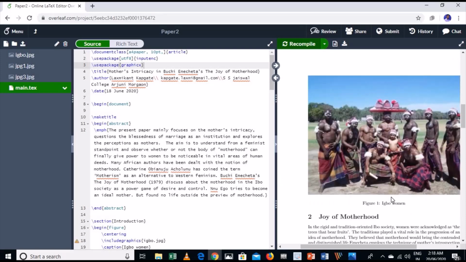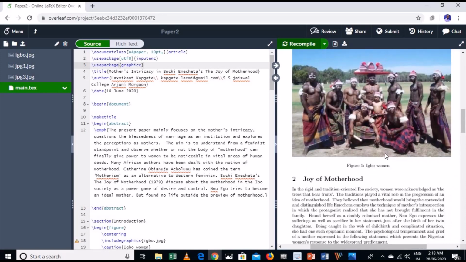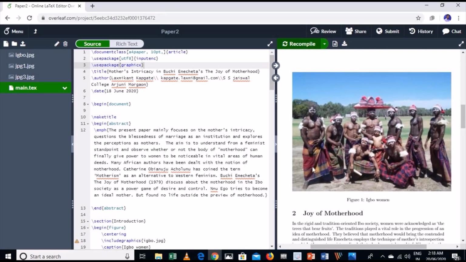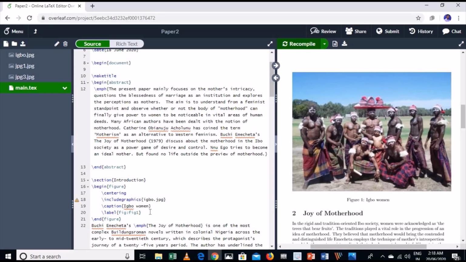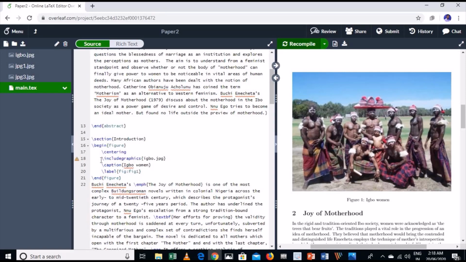Now this image is very big, and I want to set its size. For this, you go to include graphics. Before the curly bracket, you click here and type in square brackets, for example like this.